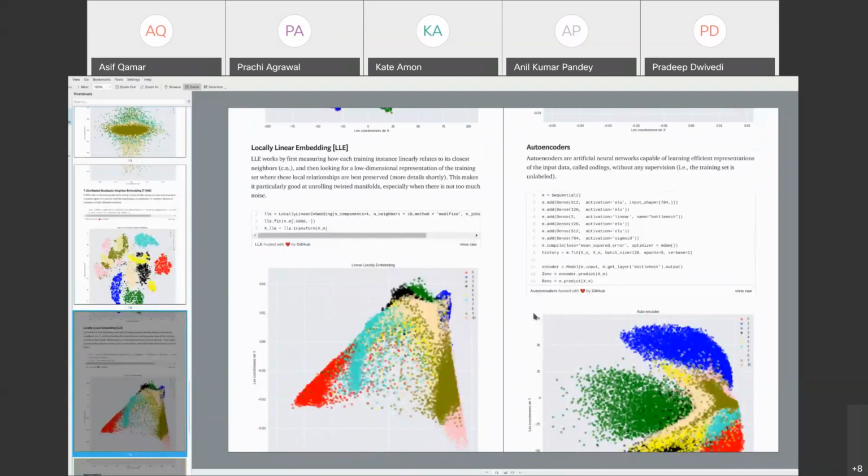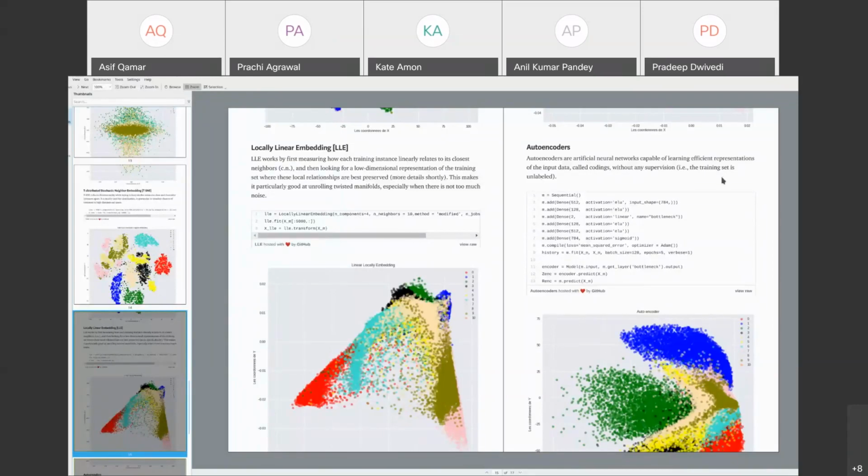Now the question is, which one should you use? The answer is, a priori, you can never tell. It's part of something you'll learn in the next class, the no free lunch theorem. So what do you do? I actually have an automated loop that generates a two-dimensional representation using each of these methods. We live in the world of computational plenty. In the cloud, you can have as much computing resources as you want. You can spin it up for just 20 minutes and then shut it down. Even if you use a very powerful instance, you would probably consume 10 cents, 20 cents of it, and then you shut it down. But you get all the results and you'll know which is the best.